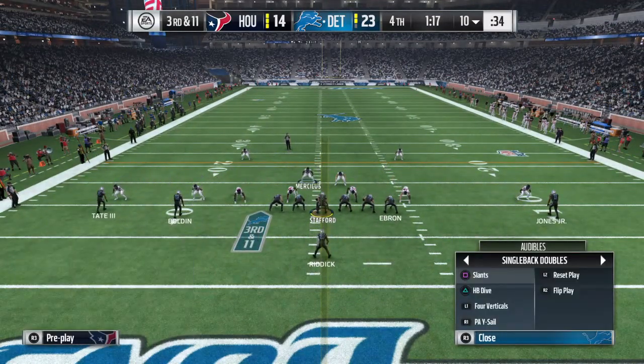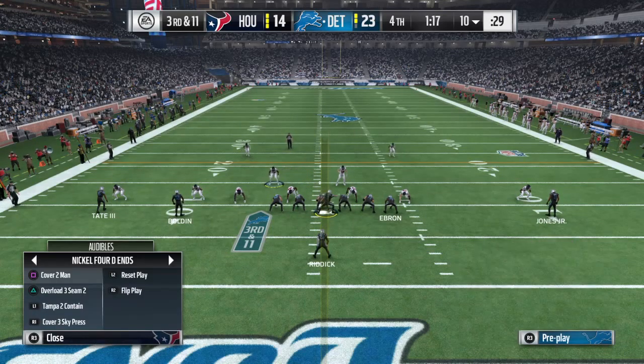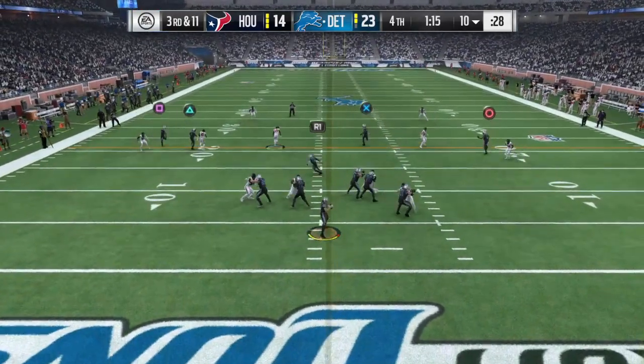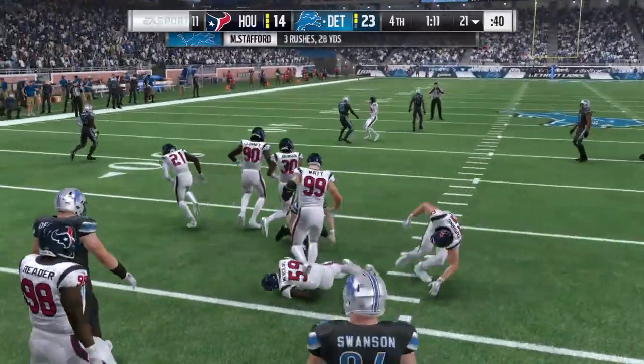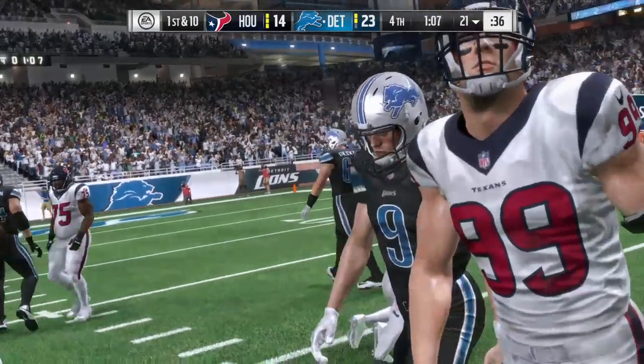Third and 11, five in the secondary now. Nickel look. Stafford now to throw. He can run for it, and he will. And he slides to avoid the hit. Give him 11 yards that time and a new set of downs. We just saw a nice...